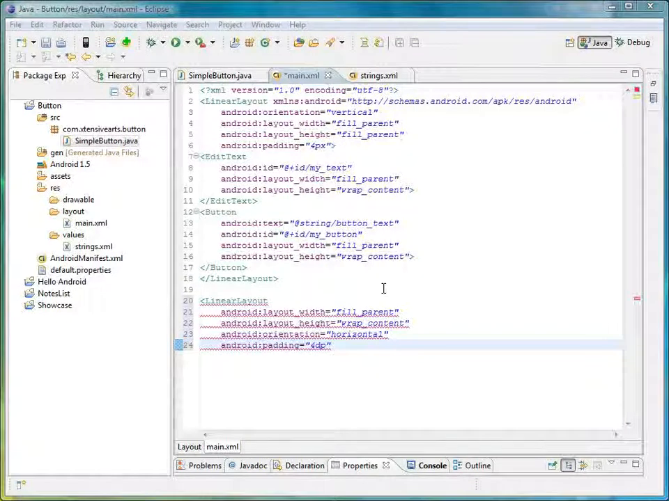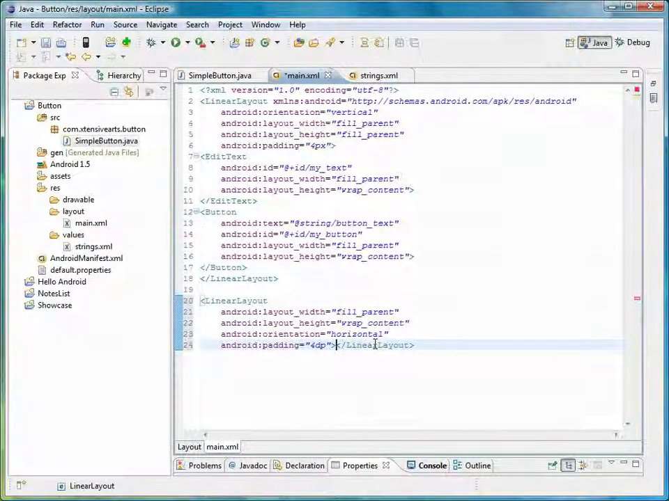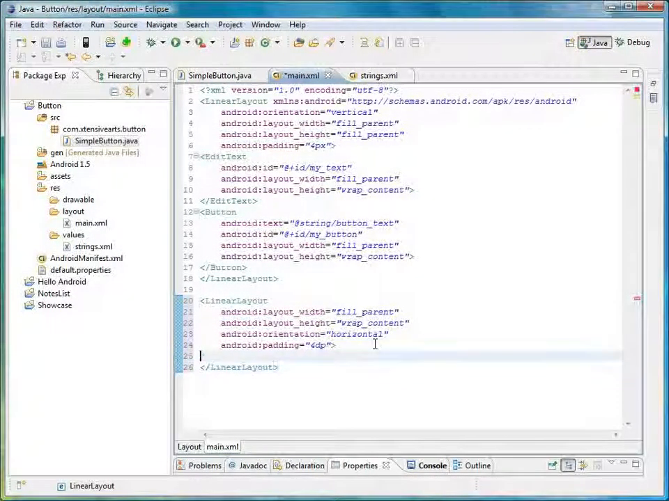But the thing you have to know is that whenever you use paddings or margins, you should really use dp instead of px, which would be a normal pixel. So our padding is 4 dp, and we can actually close that off with a close angle bracket, and Eclipse automatically inserts the appropriate end text. So we'll put that in the next line, and